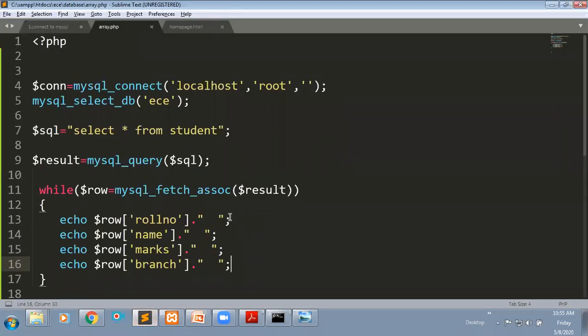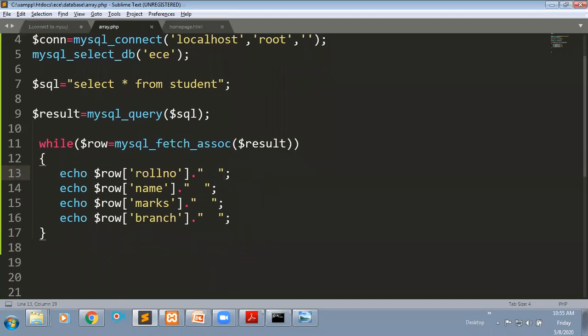I will give one break statement, so it will display on the next line. After this statement, where we need to write this, I will write one break statement here. We will see whether it works or not.